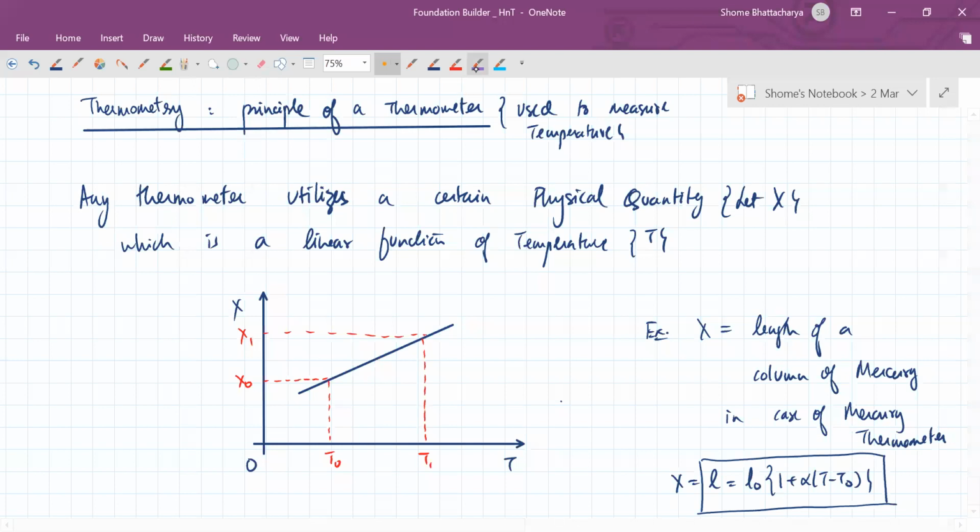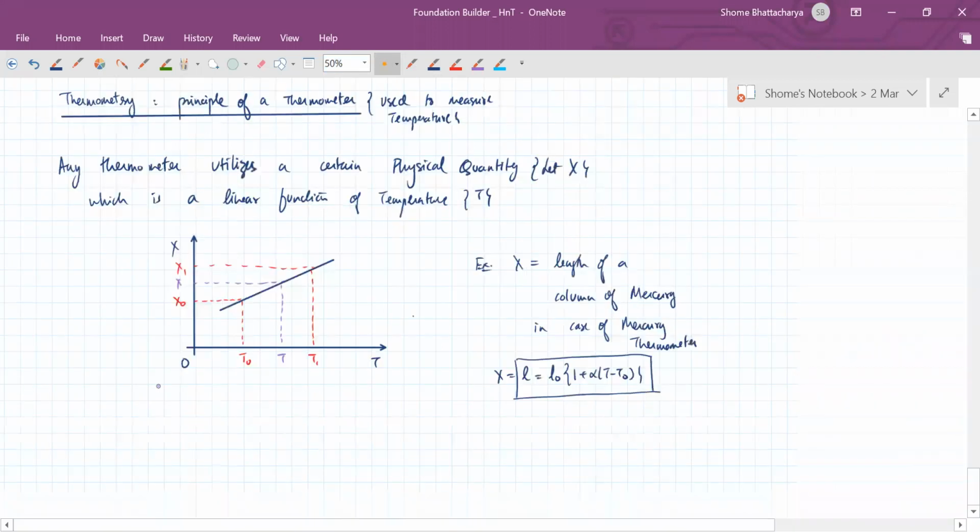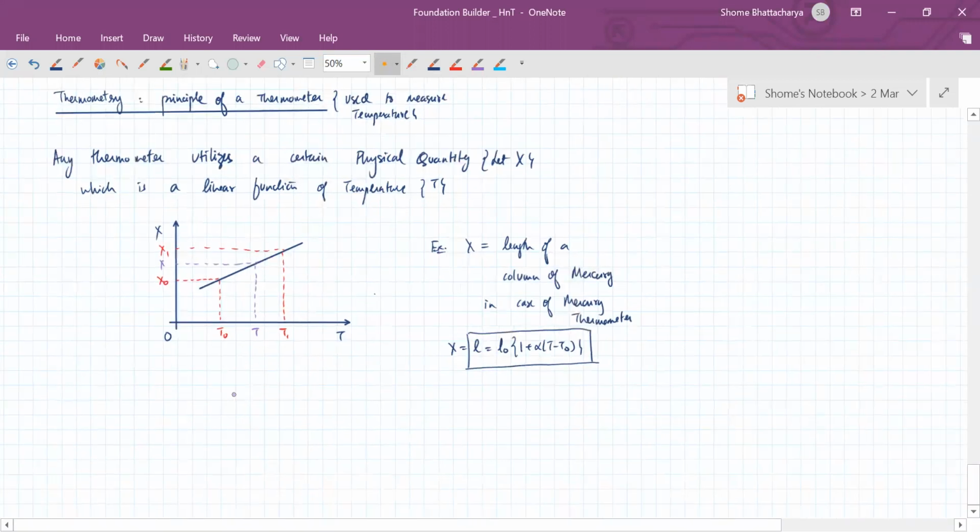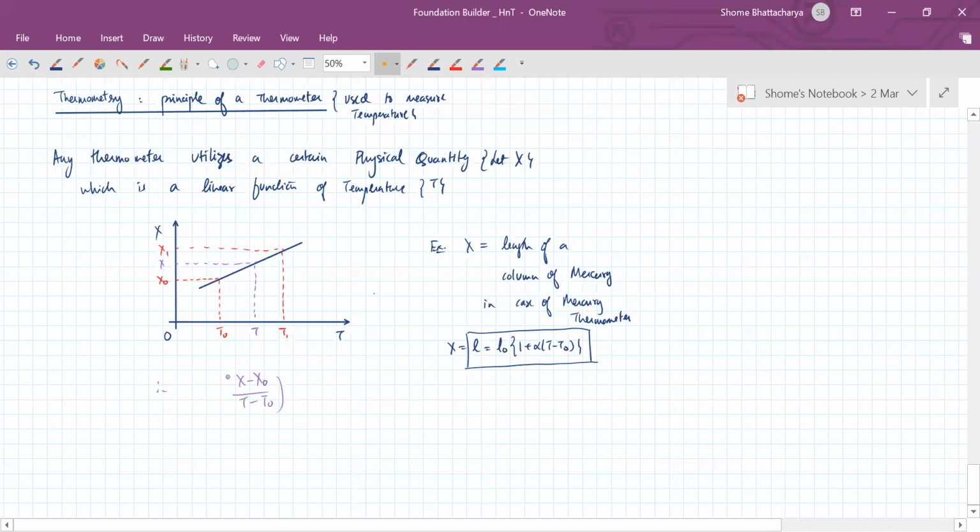So at some unknown temperature T, the value of x becomes such that, so here, if x1 at temperature T1 and x2 at temperature T2 are known values